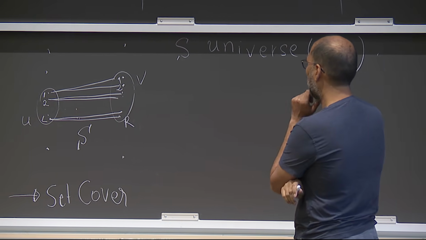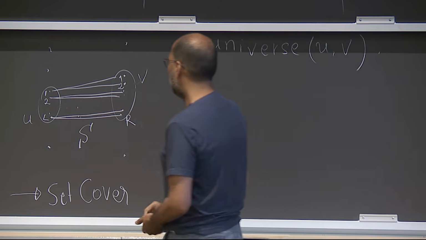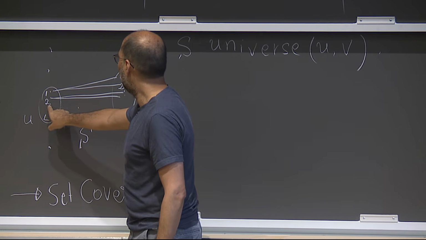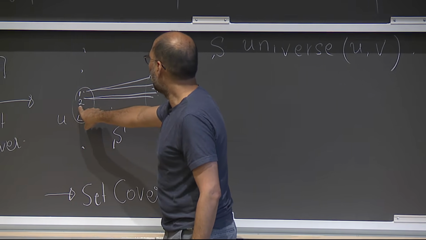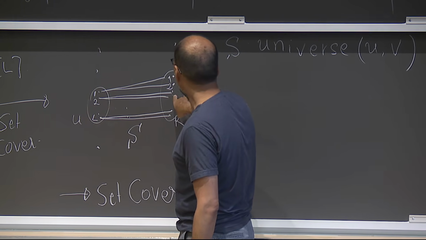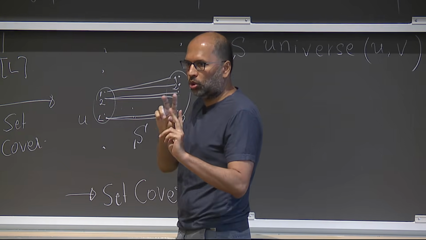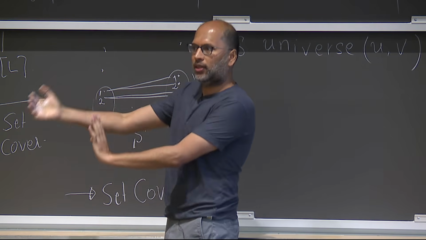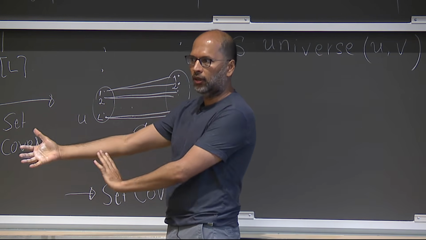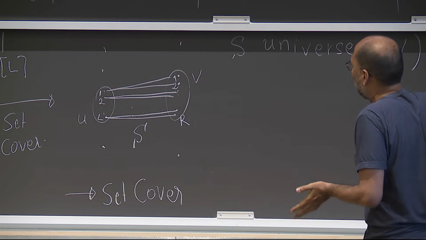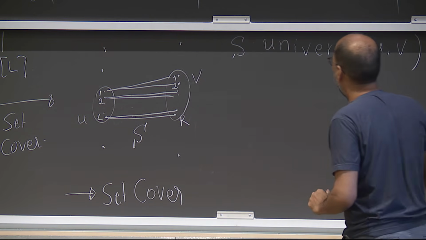So what's the intention? Somehow the intention is you want to mimic the constraint that if you intend to assign label number 2 here, on this side you should be assigning label 3 or 4, right? So the intention is to capture or mimic this condition in terms of set cover, okay? And I think even in hindsight, it's a very natural construction.